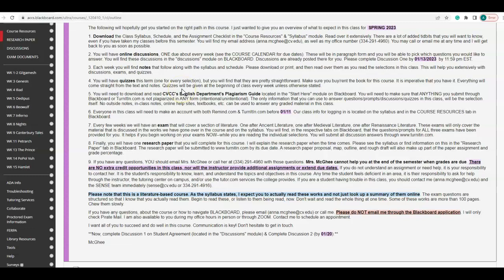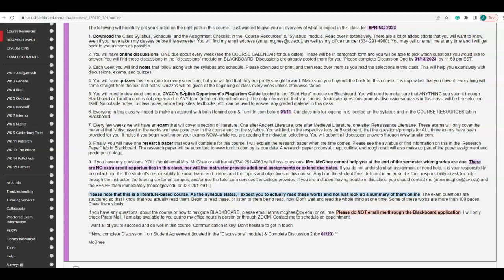Please make sure you buy or rent the textbook. Do not buy the digital version. Please buy the textbook, the actual printed textbook. Some, not all, of the content is available in the digital version. So make sure you are buying the actual textbook. And you will need that when we start class next week.